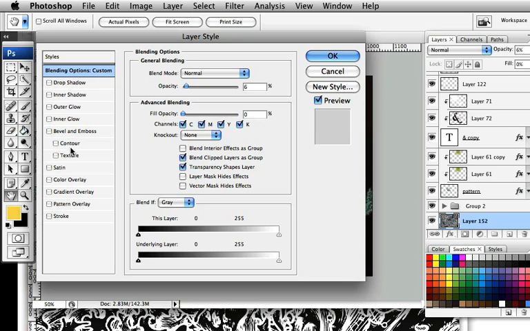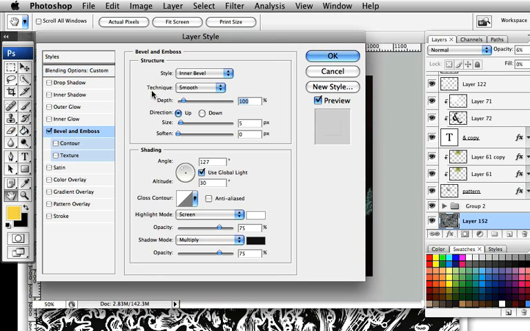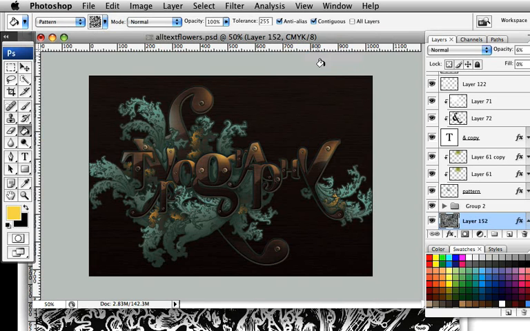Let's set bevel and emboss, we're going to set that to the pillow emboss, have that set to smooth, 100 up, size 1 pixel, 0 is fine, 127, 30 degrees, screen white 75, that's fine. Let's bring that down, flip that, 57, and 20 for our opacity down the bottom. Click on OK,